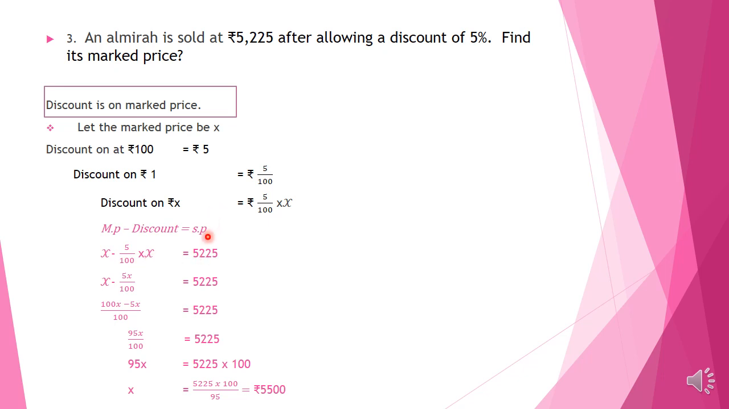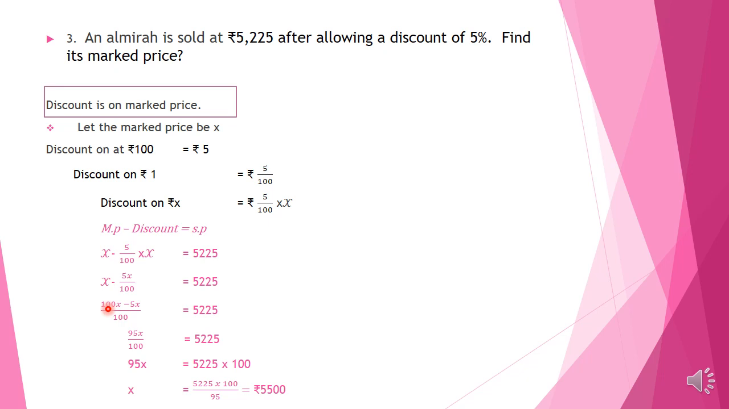What is the value for SP? 5,225. And here 5 by 100 into X is what? 5x by 100. So we can write X minus 5x by 100 is equal to 5,225. And children, here we have to find LCM. For X, its denominator is 1, and with 100, the LCM is 100. So we have to multiply X by 100. So 100x minus 5x by 100, where we multiply by 1 by 1 so we get the same 5x by 100. So it again becomes 100x minus 5x by 100 is equal to